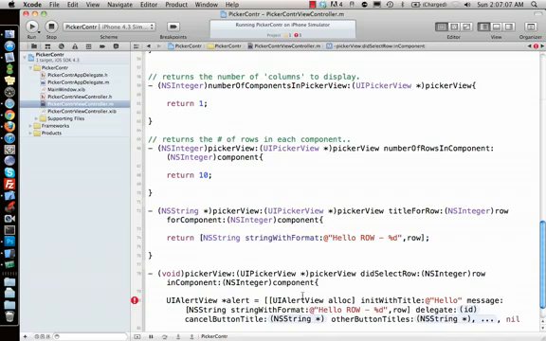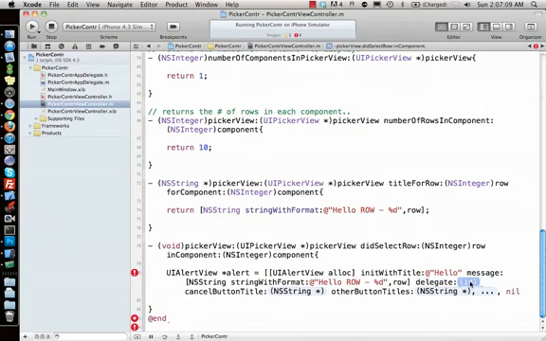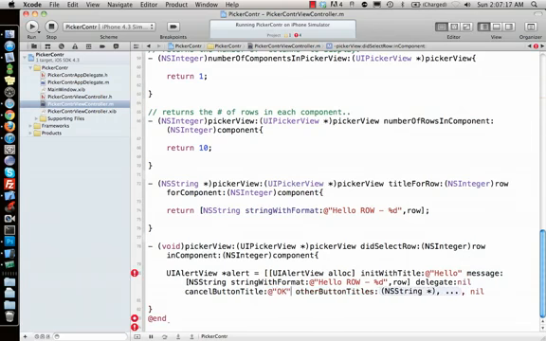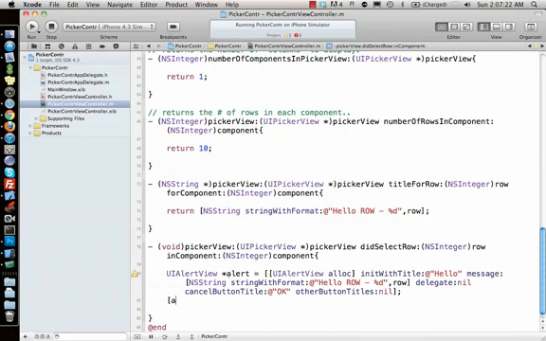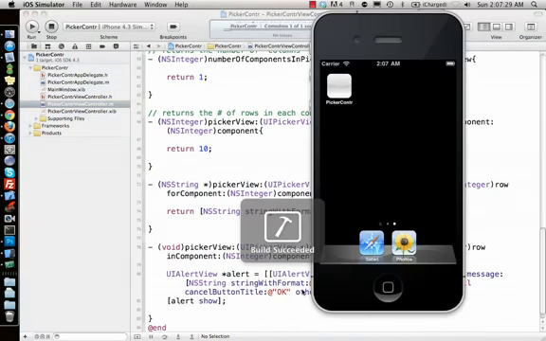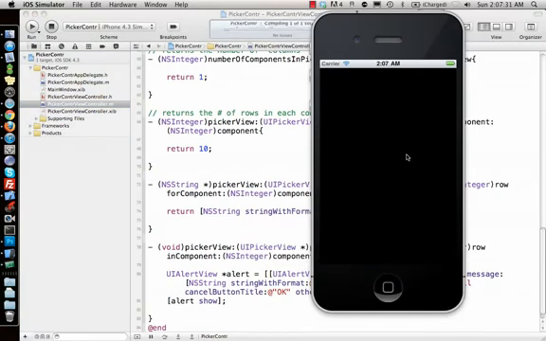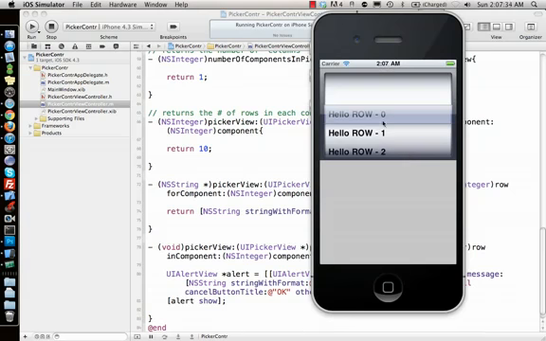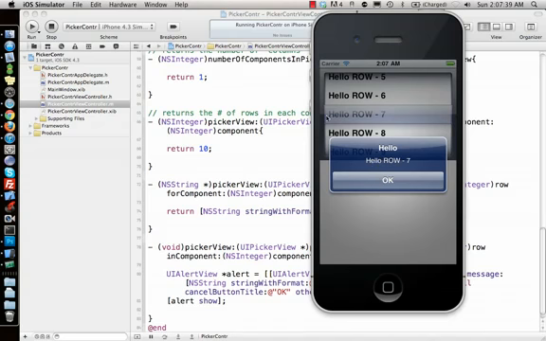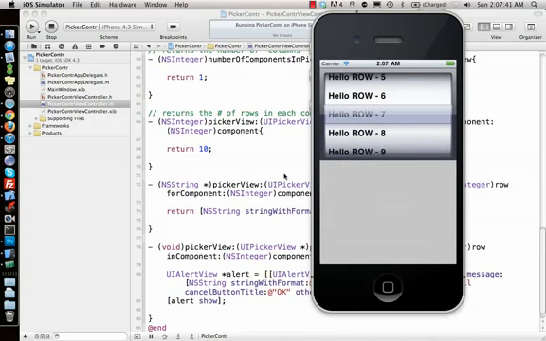It's a string, so I can give that. Delegate nil, this is the delegate for the alert view. Cancel button title. Other titles? No, I don't have any other titles. That's all, and I can say alert show. So what it will do is just show an alert whenever I select something. Initially 0 is selected, so if I go and select number 7, it will give an alert view, Hello row 7. So that's how UIPickerViews work.